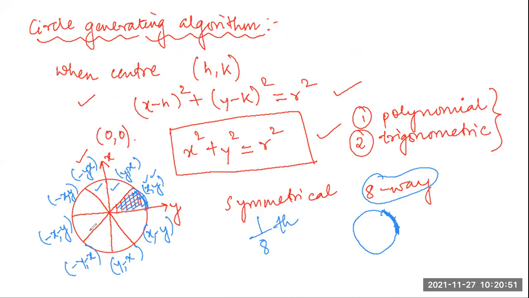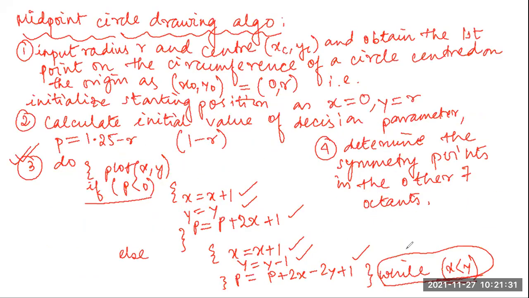So first I will write minus y, then x. Then it will imply that this is this quadrant. If I write x, minus y, then it will define that this is this quadrant. Either we need to follow this symmetry or follow from here. So if you start writing from x, y, you can say x, minus y, y, minus x like this. Or if you start from here, then you say y, x, minus y, x, x, y. This is the way we do it in programming. In the programming class I will implement these algorithms also, don't worry. So this is how we find the 7 symmetry points.